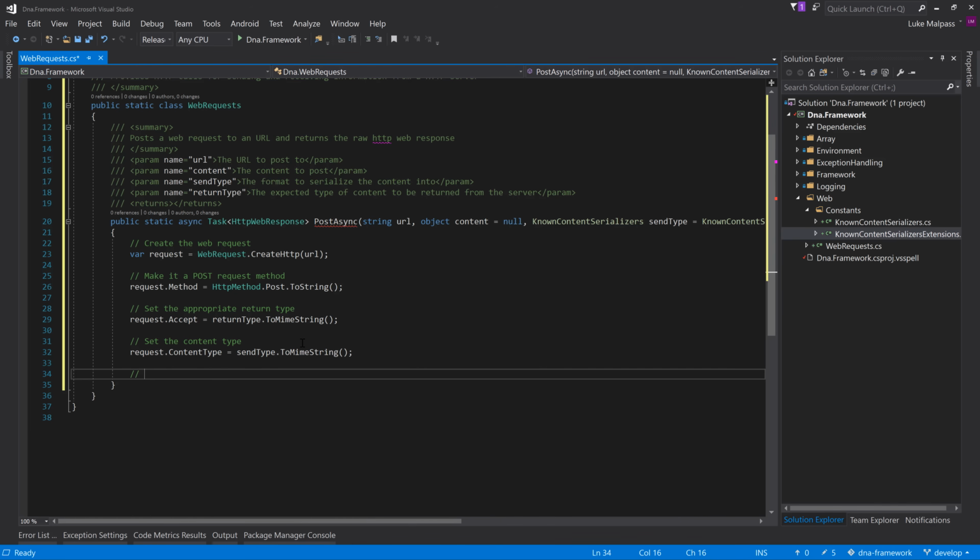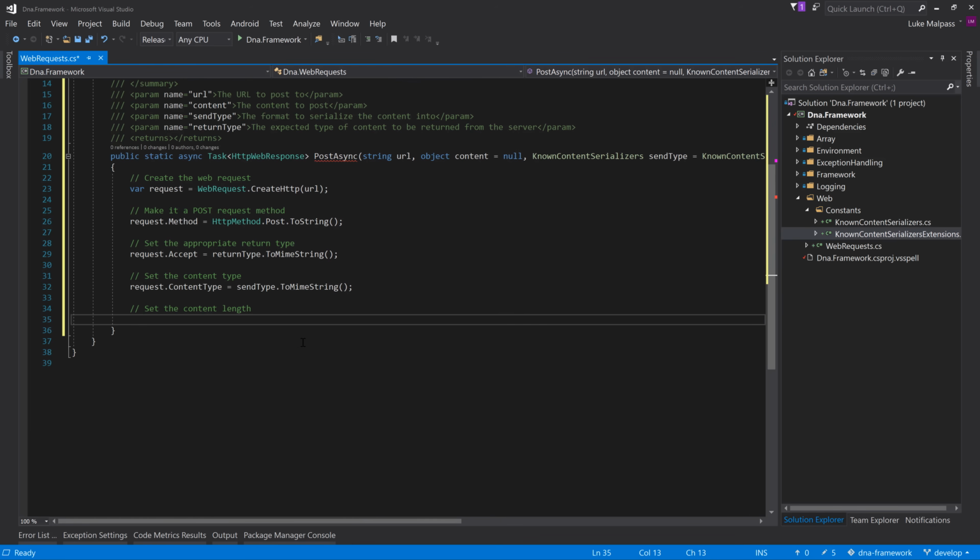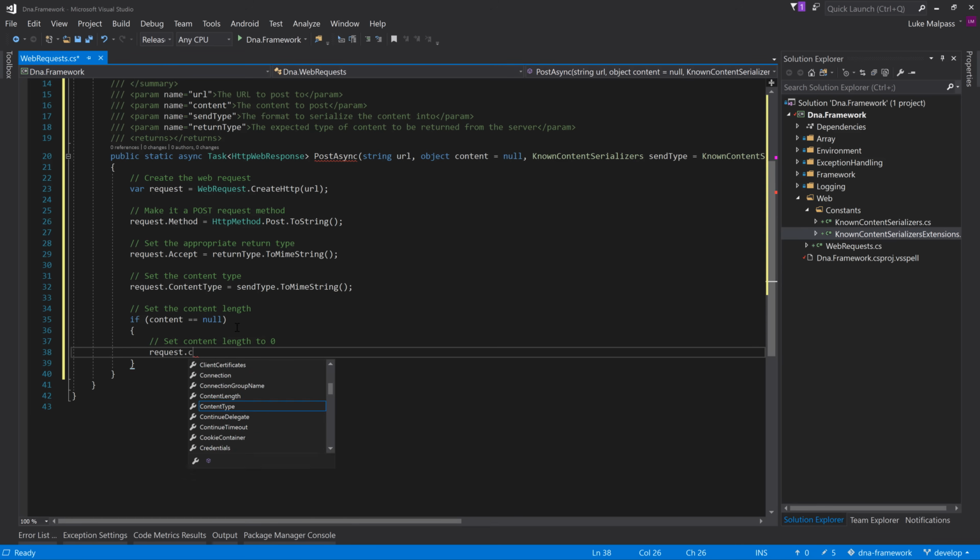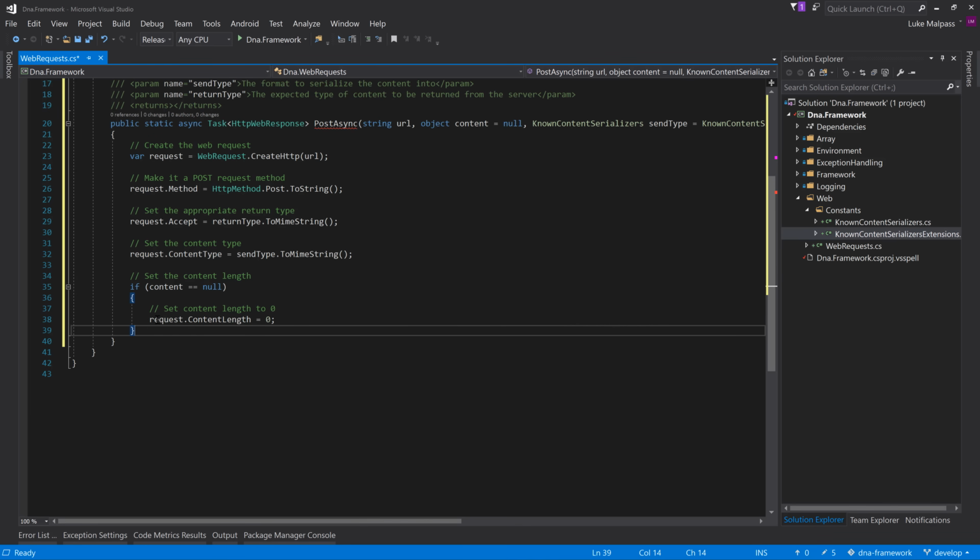So we tell the server what type of content we're sending. We must set the content length, which tells the server, because we're going to write to a stream, and we could fail, we could miss bytes, anything could happen. We need to tell the server how many bytes we are expecting to send before we send any. So if content is null, then set content length to 0. So the request dot content length is 0. Otherwise,